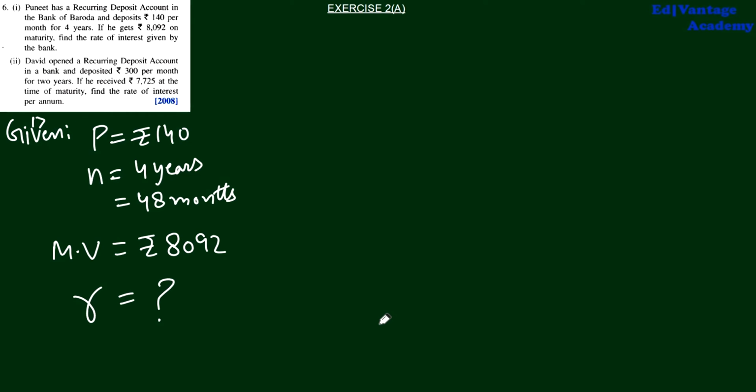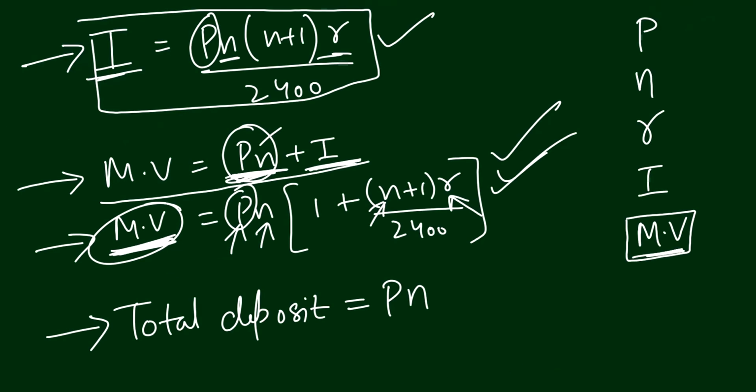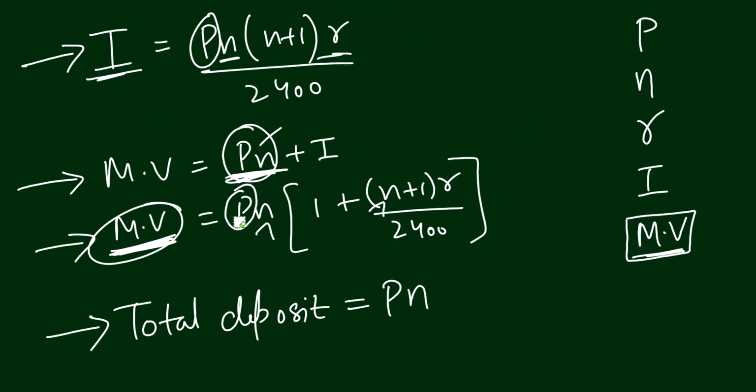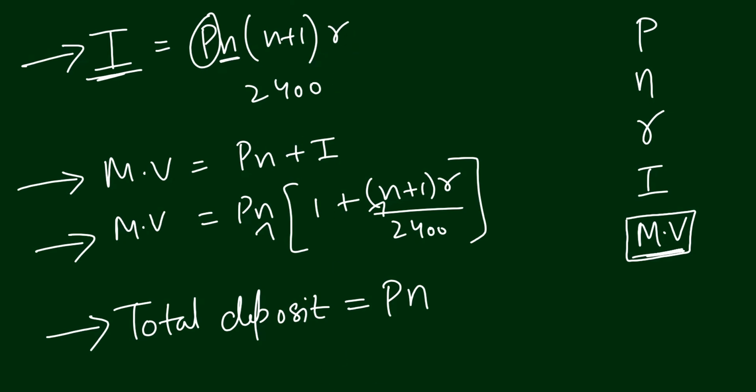This time we have a new unknown. Now again, P, N and MV are given, we have to find R. In which formula do we have R? We have the first formula, which is